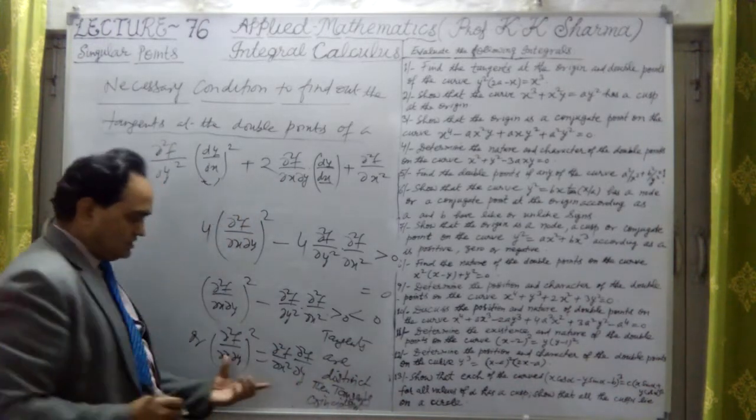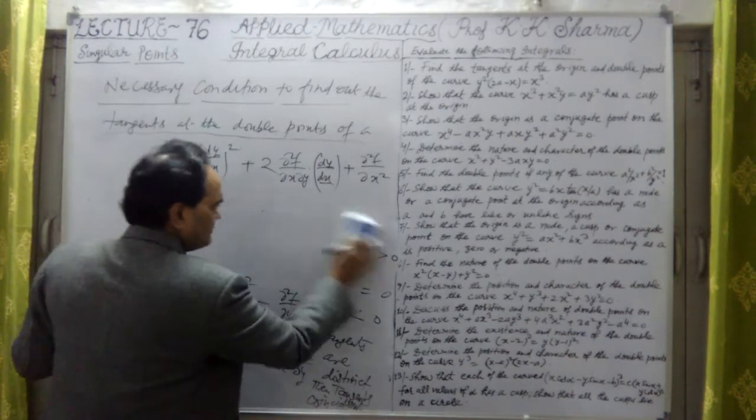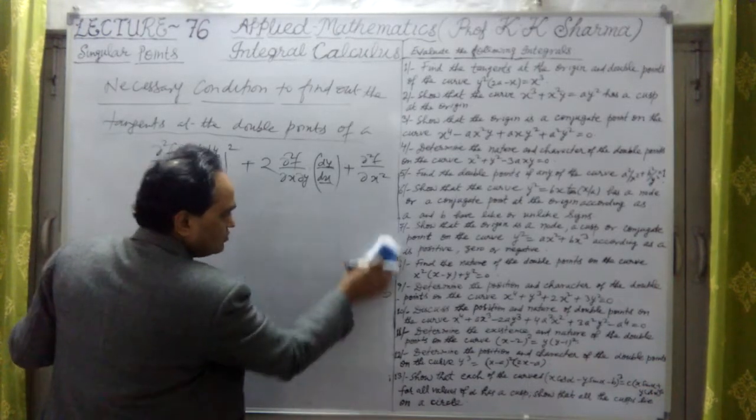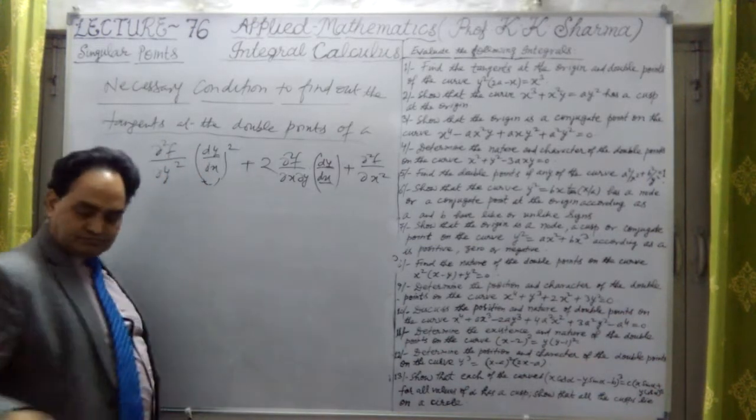So this is the condition for coincident. If these two values are equal, and if their difference is less than 0, meaning negative, that means no tangents are there. But if all these three are zeros,